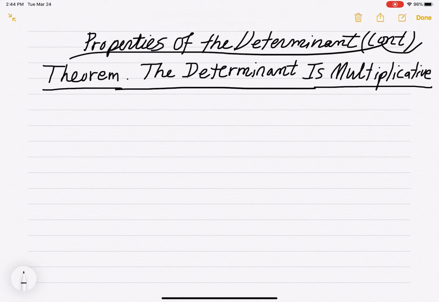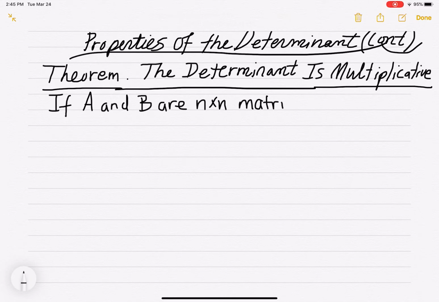So we looked at the determinant being multiplicative when you have an elementary matrix times another matrix. It turns out, though, that the determinant is multiplicative for every pair of n by n matrices, A and B. So let's just state it this way. If A and B are n by n matrices, then